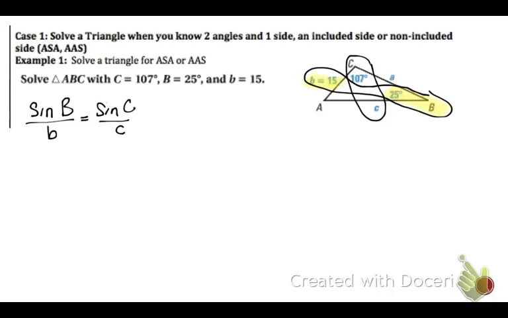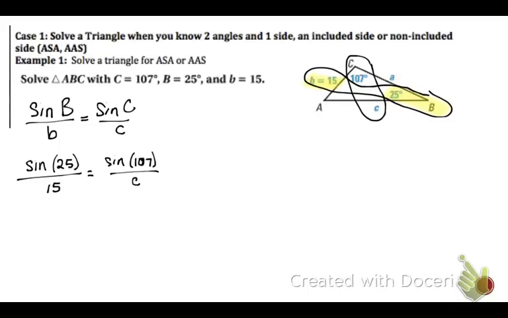That's the equation that we're going to use. I'm not using A's here because I don't know either big A or little a. So let's fill in what we know. We should be left with only one variable. So we have sine of 25, because that's what angle B is labeled as, over 15, because that's what side B is labeled as, equals sine of 107